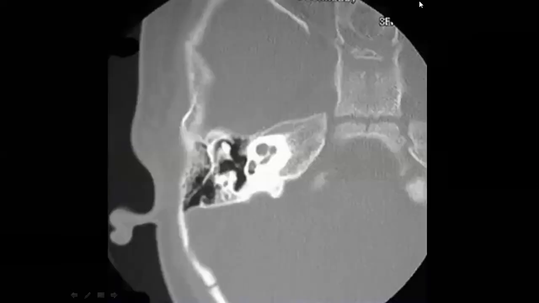So what about this case? Yeah, Dr. Khulud, hereditary hemorrhagic telangiectasia. I think this